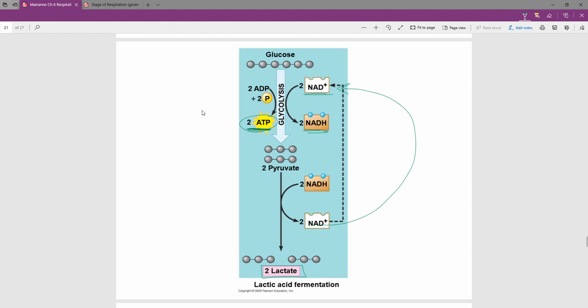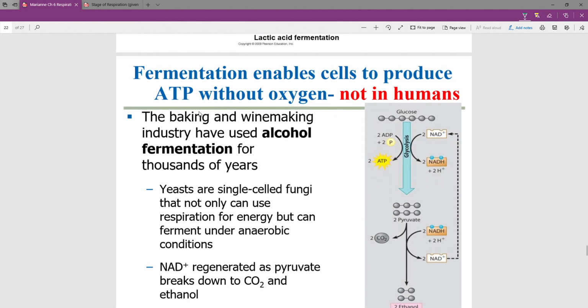Contrary to or different than this would be alcoholic fermentation. So again, not in humans. Your notes are not in color, so only the digital resources are in color. Again, this is not in humans, otherwise running for the bus or up the stairs or going to the gym would have other adverse side effects. You would be drunk. And so this is, again, not in humans, but it is in yeast and bacteria and some fungi